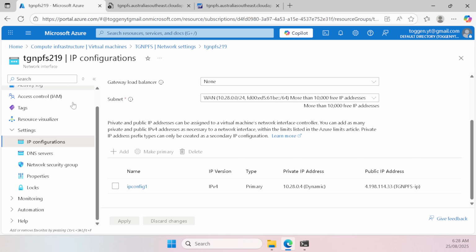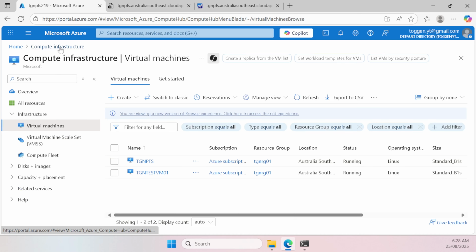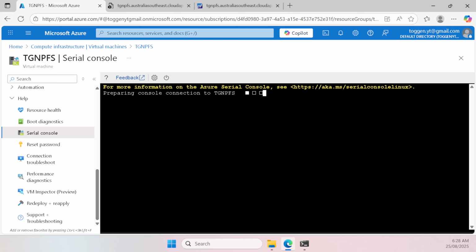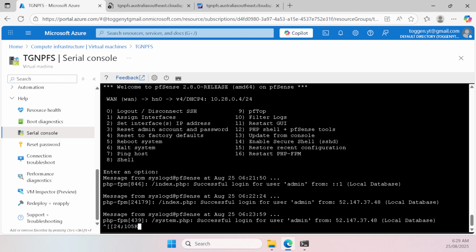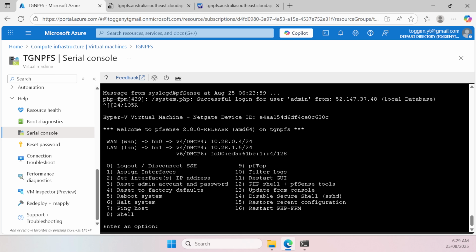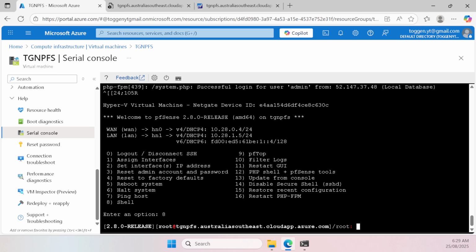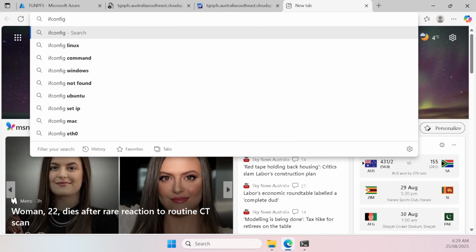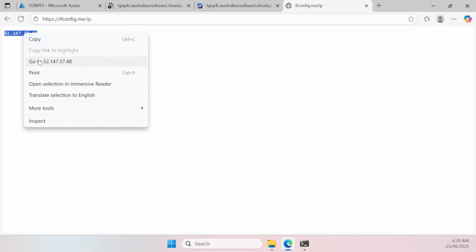Well, let's do that. So we go back to our virtual machine and go down to Serial Console, and we connect to our Serial Console, get a shell, and we need a little bit of information. So we want to run ifconfig me, and I'm going to make a note of my external IP address